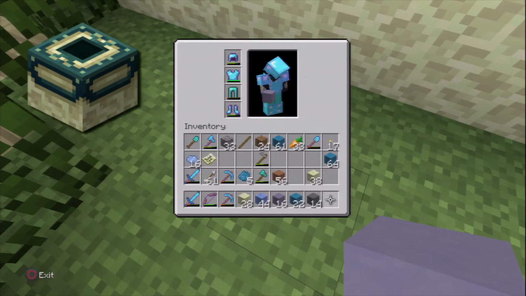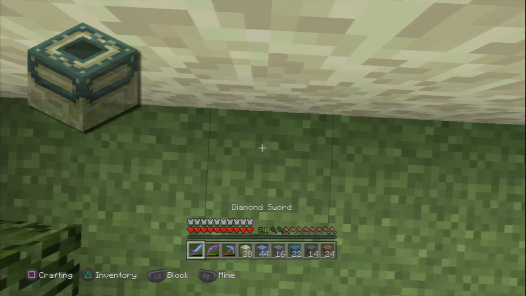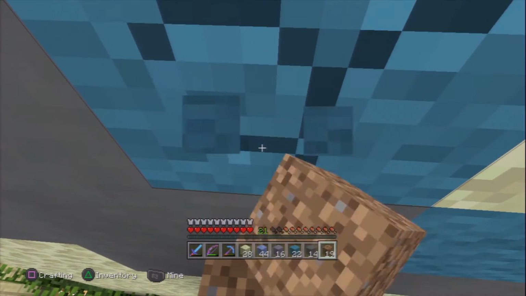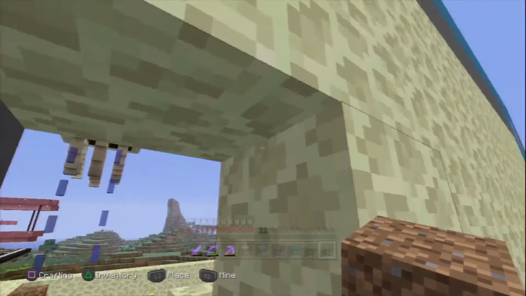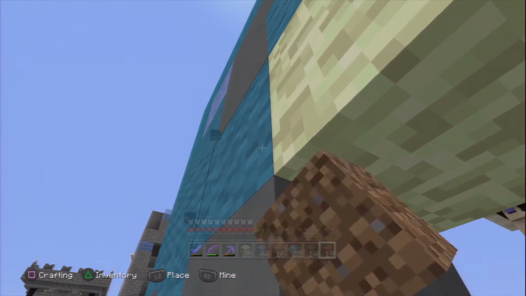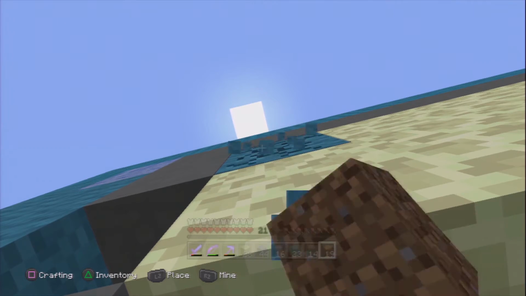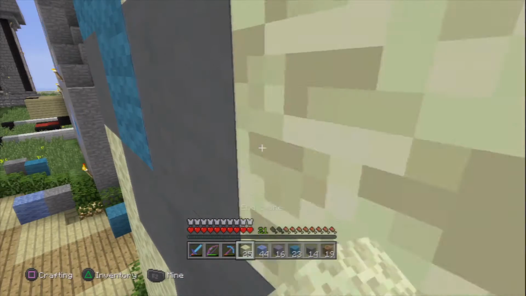Right, where's my scaffolding? Let's grab some dirt. And let's just make our way up the side of the building just here for a second. Oops. There we go. Up and up and up and up and up. Like that. And if we get rid of this one here. And then... Is that right? Is that what I meant to do? Yes, that is what I meant to do. And get rid of that one there. And that one there. And if I replace those three with end stone, like so...